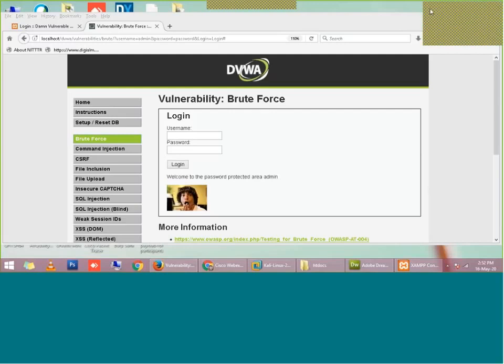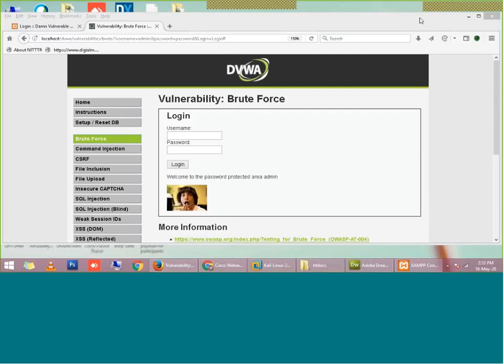But if I am a hacker, I may not know the username and password. So I will try to do brute force on this login portal. In brute force, I will be entering different combinations of username and password, and I will keep trying.